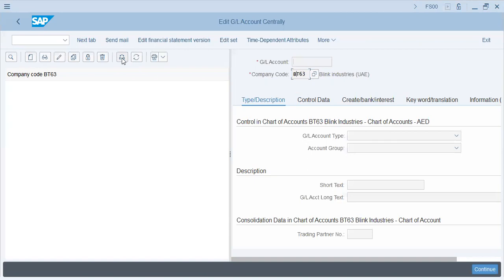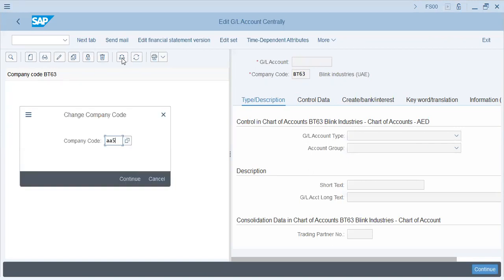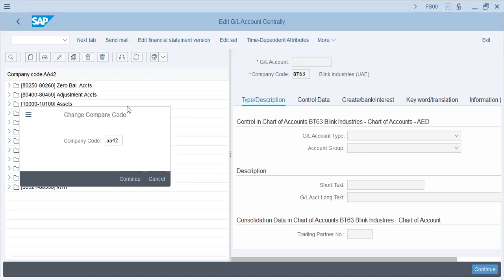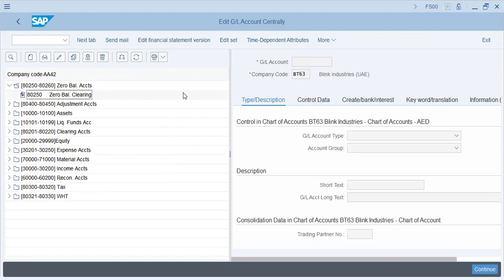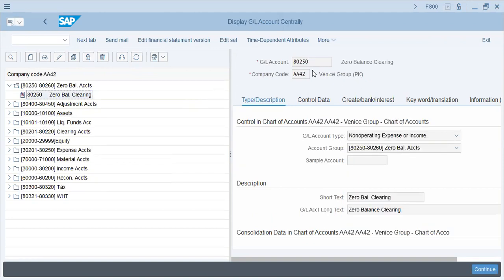So what we'll do, we'll go for change company code, AA42. And from here, we'll start. Double click. And over here, if you see, we've already made the company code. We'll be making a GL account. GL account types can be different. It can relate to the balance sheet, or it can be primary cost for manufacturing of material, or it can be